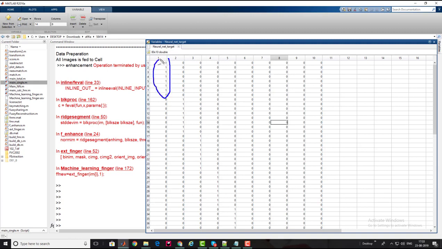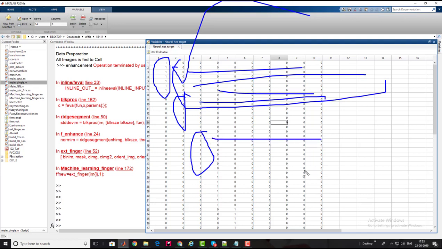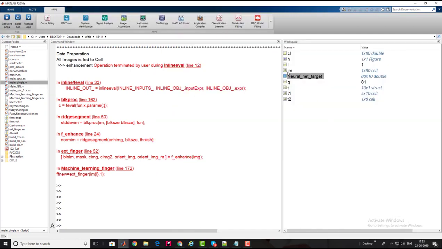as I explained in the script, the 8 classes of the neural network target are represented like this: 1 in the first column, and the rest of the first 8 rows are 0. This is 0, this is 0, this is 0, and so on. Thereafter the next 8 will be 1, and these are 0. Thereafter the next 8 is 1, zeros, next 8 is 1, and these are 0, and the process keeps going on like this.